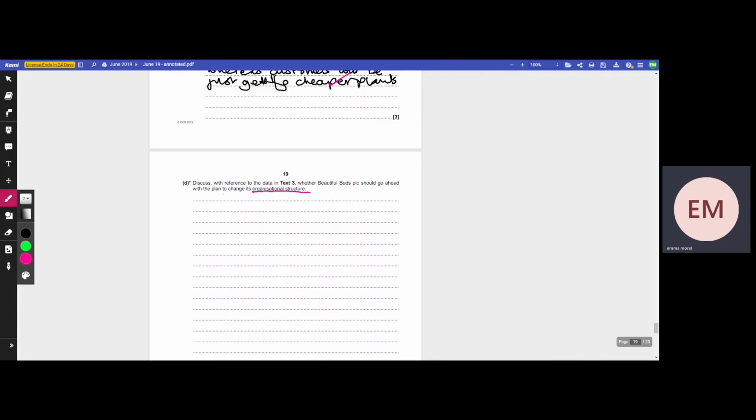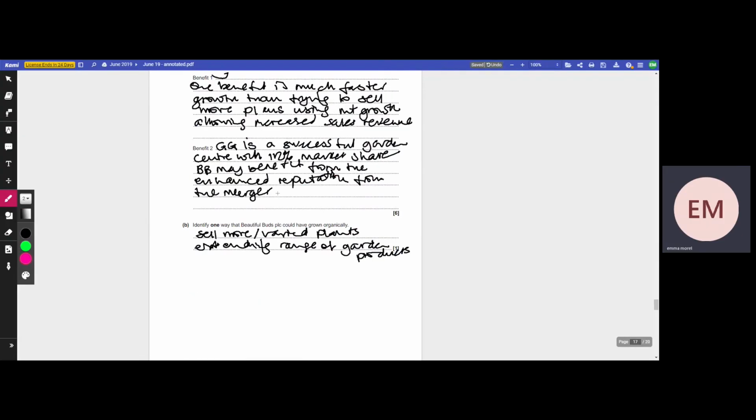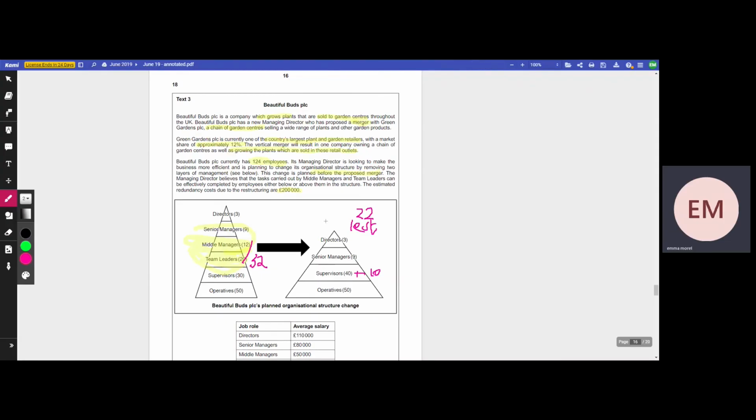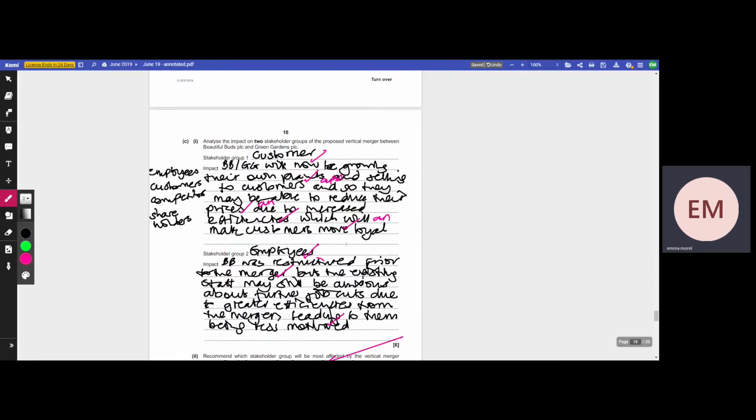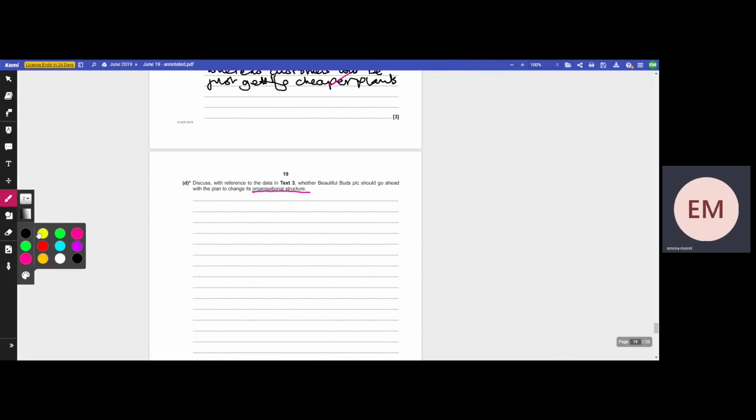So you will get 2 marks for explaining what the organisational structure is. If we go back up, what they're hoping, and they haven't told you this, so again, this is why you're going to get the marks, is that you should recognise that this is a tall structure and this is a flat structure. Okay, and we have 2 levels less of management. We call that delayering. So we want to get that in first. So let's do that first, and then we'll come on to how we're going to get the rest of the marks. So Beautiful Buds is moving